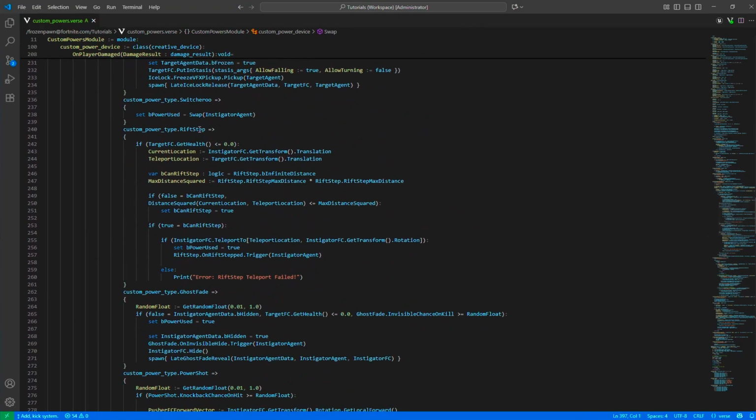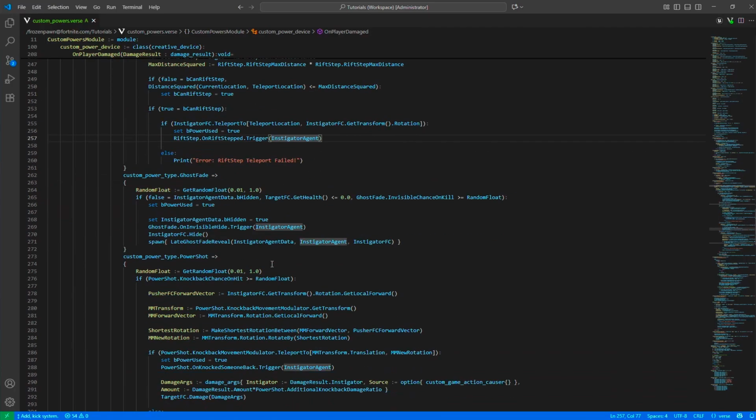Then we come to the rift step. This is more simple. If the player is dead, then we just look at the distance, right? But of course, if it's infinite distance, we don't care about the distance, and we just teleport the instigator there. Then the ghost fade: we look at the chance again, and we make sure the instigator is not hidden right now. We look if the target is killed, and then we just hide the player,